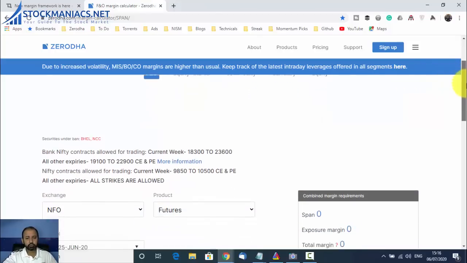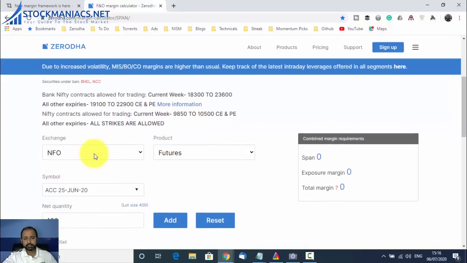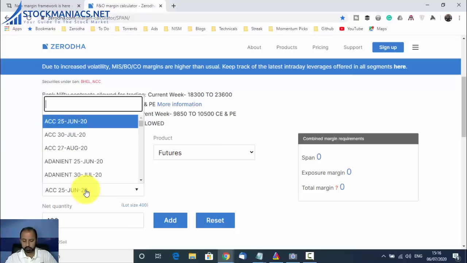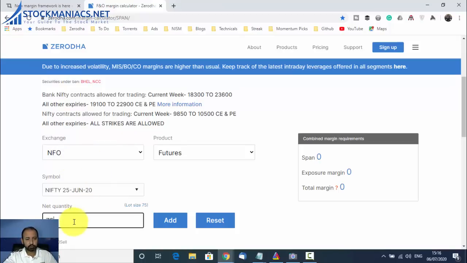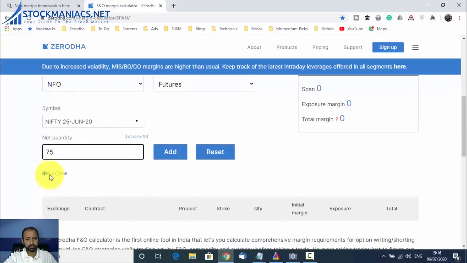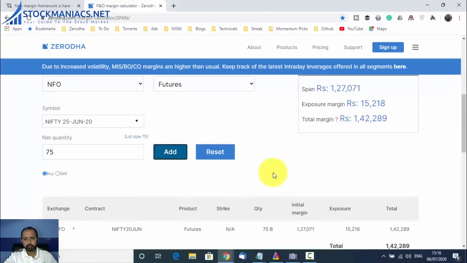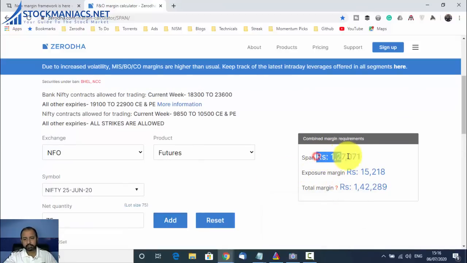So let me show you the new margins. First, the exchange is Nifty future and options. Then the product is futures. Let us keep futures. The symbol, suppose let me take Nifty. So Nifty 25 June 20. And net quantity, the lot size is 75. Suppose we will keep as buy. Let us add. So my dear friends, you can see by default the span margin is